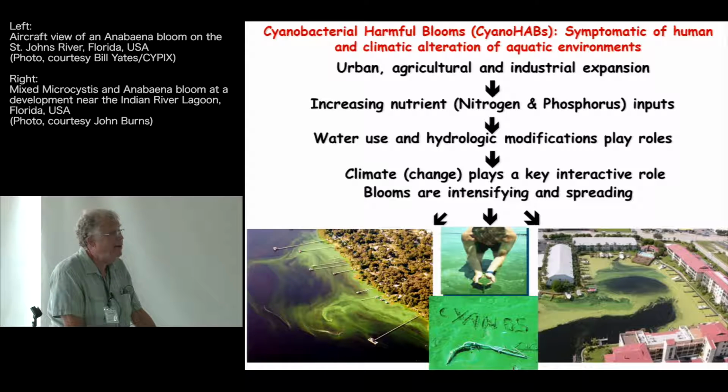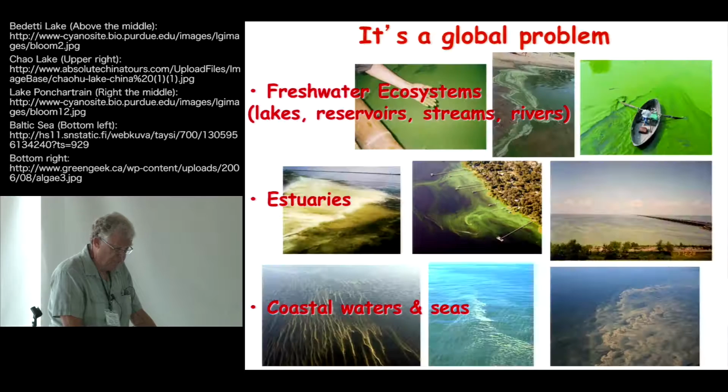One thing we know about cyanobacterial blooms is that we've been studying them long enough in many lakes to know that the increase in these blooms is real. It's not just better observation. We are facing a situation where cyanobacteria are coming back after 2 billion years to try to take over the world again. So how do we deal with this issue?